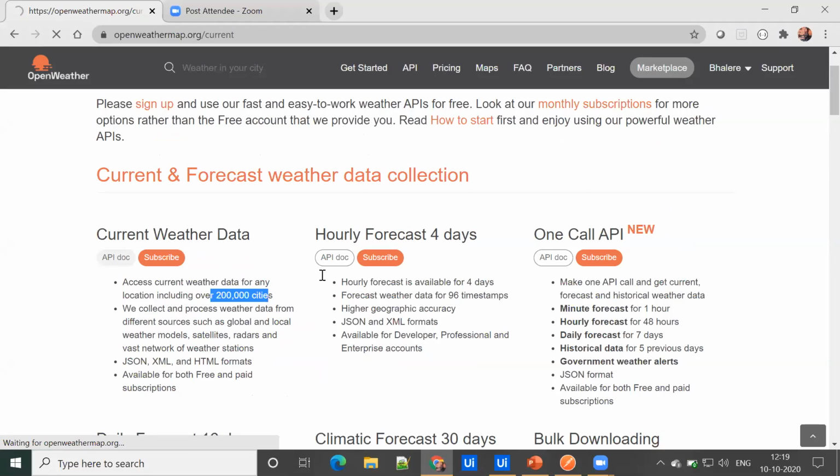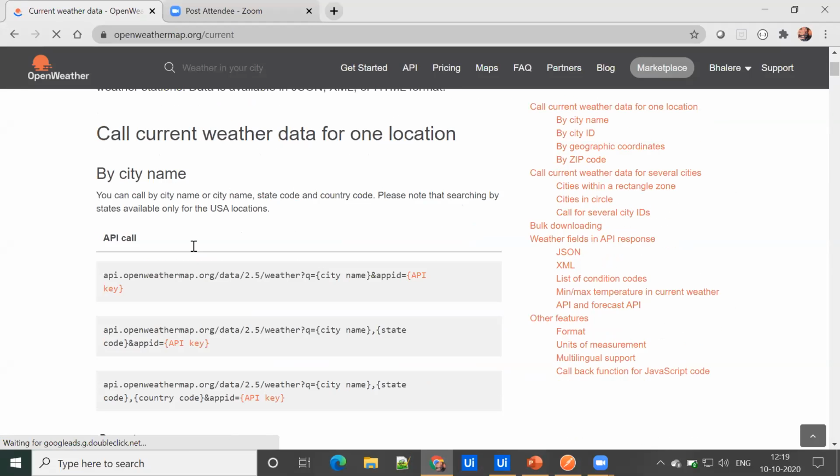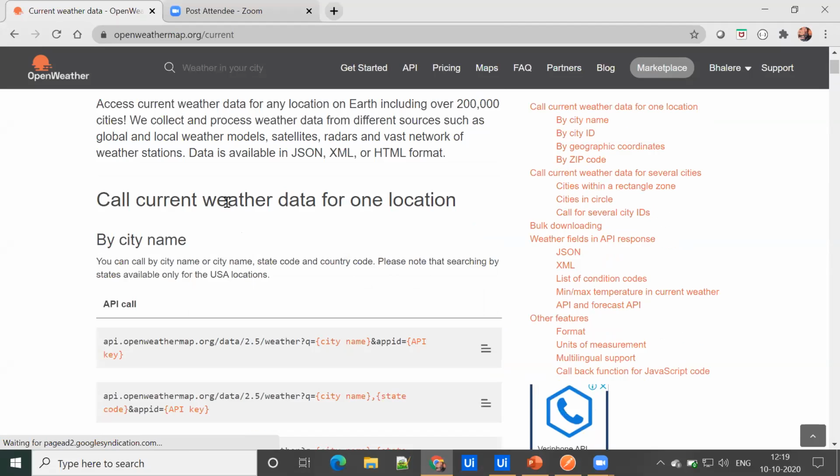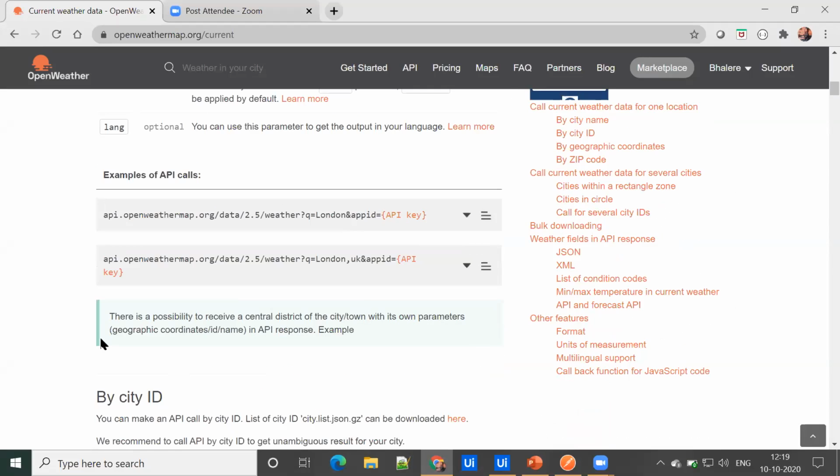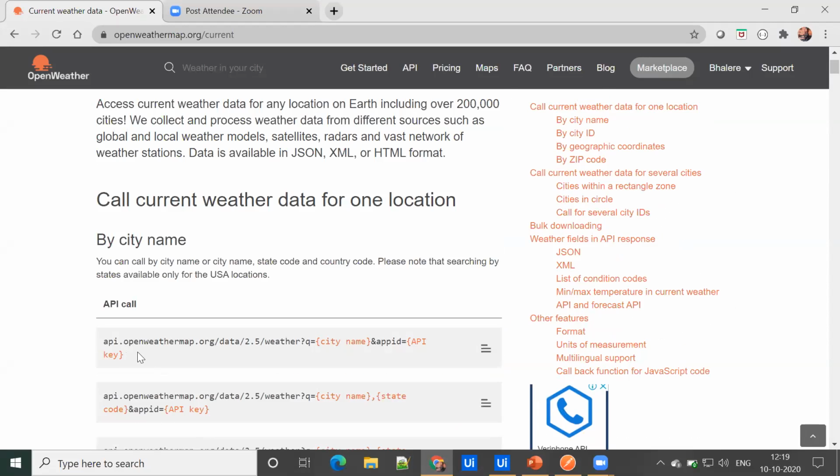You can see that there is an API request call for this current weather data. I'm going to use this first API call. You can see that there is some path and we need to pass some data, that is city name and API key.